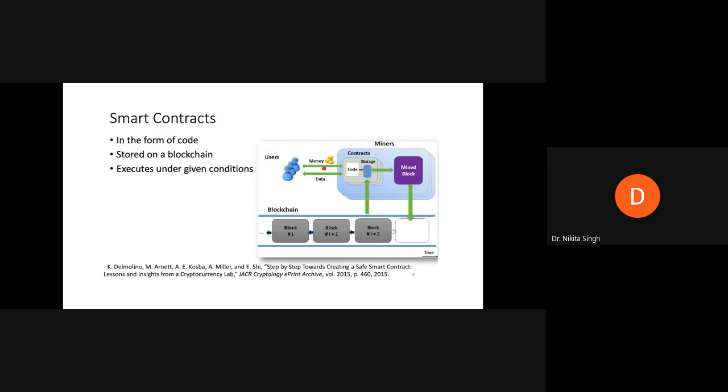So a user can be using the smart contracts for money transfer or for the execution of a transaction or an application, etc. Here we will have miners. As soon as a user interacts with a contract, we know that to interact with the contract, you will have to initiate a transaction. So as soon as a user interacts with a smart contract, a transaction will be created.